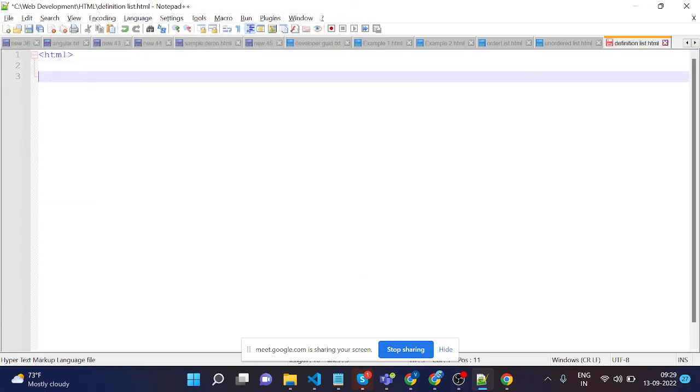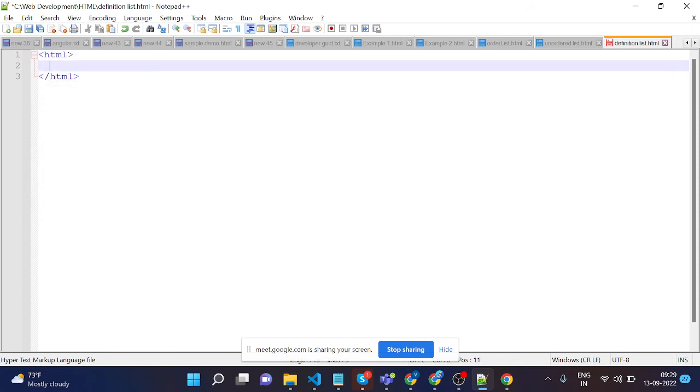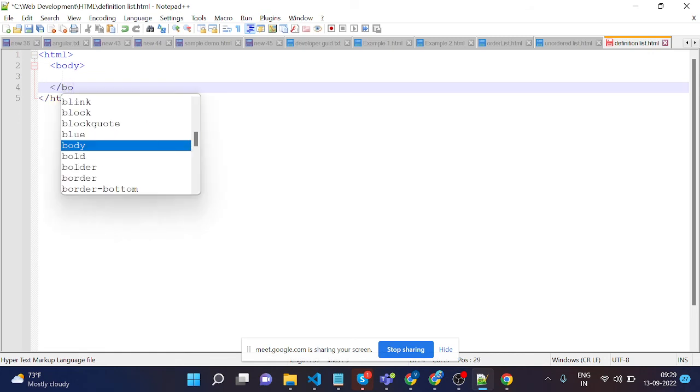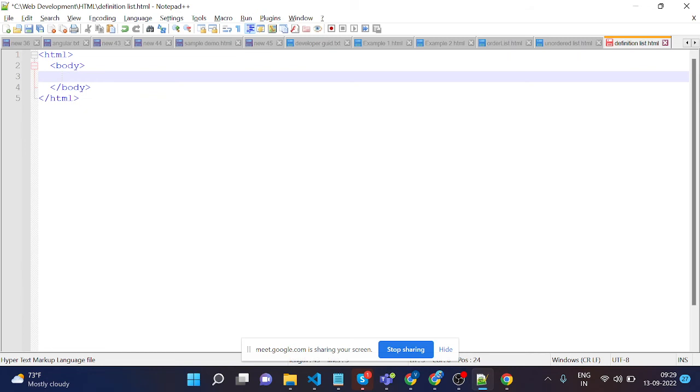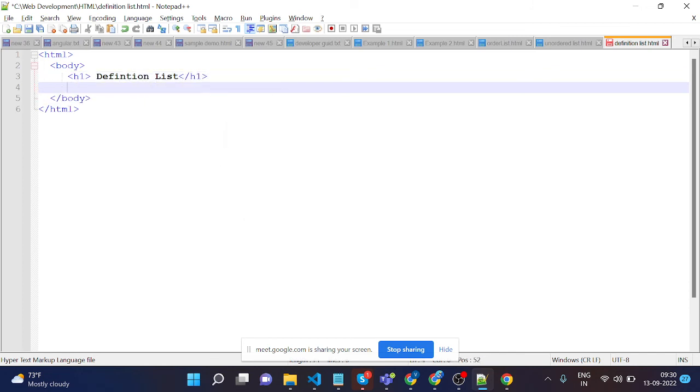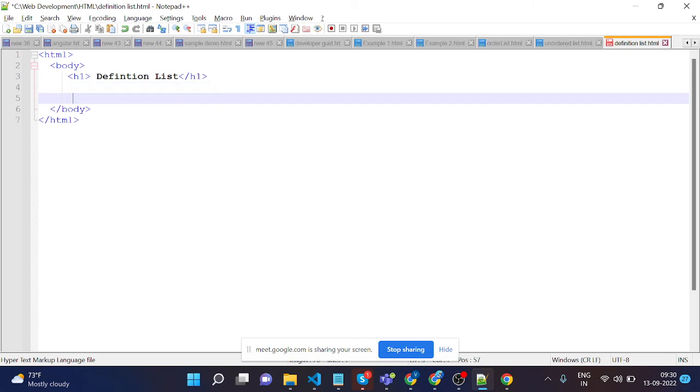The HTML tag is a root tag, and we can have the body section with the normal closing body tag, which can contain our heading h1 for definition list. This is the definition list, and for the definition list we can have the DL tag,